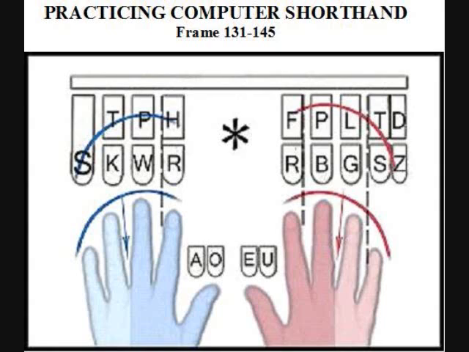Okay, and our final frame for this tape is 145, and this is final RT. And again, if you hear the I sound in the word, even though it may be spelled another way, such as E or ERT or URT or EART, you can write that with an I if you find that to be an easy stroke. You know, it really depends on what you like to do, if you want to see it more visual or you want to take it more phonetically. Okay, the words. Abort,